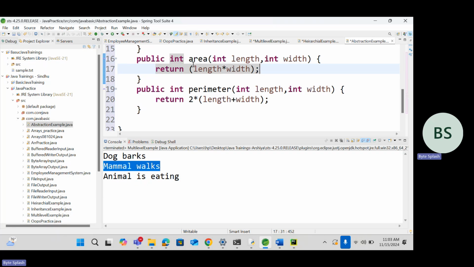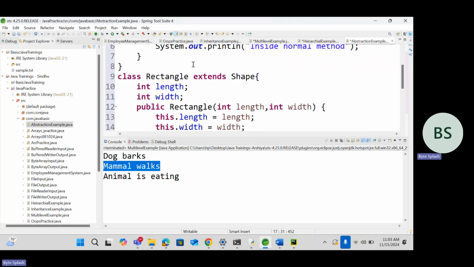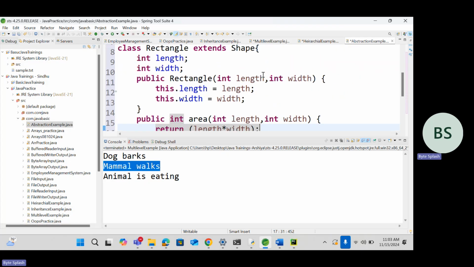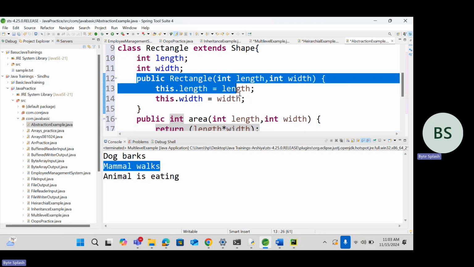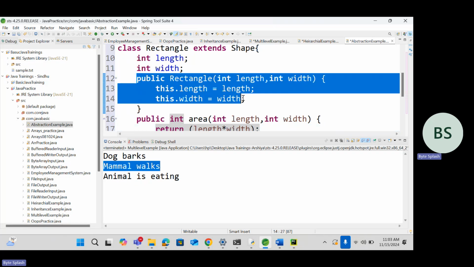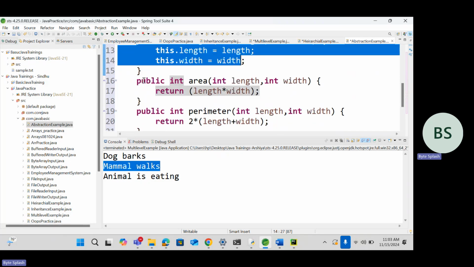So I can take any classes now. Now I can take one more class called square. Class square extends shape. In that I'll take only one parameter. What is it? Int side. Because in a square all sides are equal, no? I don't need length, width and all. So in square, I'll take only one parameter, that is int side. In the constructor, I'll just do public square of int side. So I'll get only one value for it. Then the methods will be